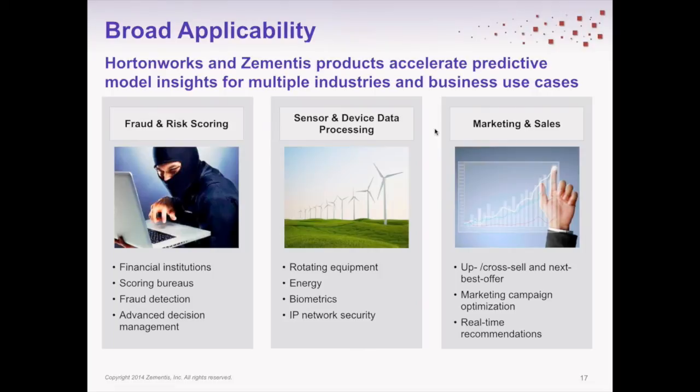Think about Internet of Things, sensor data, lots and lots of data that you're collecting here. Again, it doesn't matter what type of data it is, people data or machine data. The application of the process is always the same. So, for a data scientist, the downstream effort doesn't change.